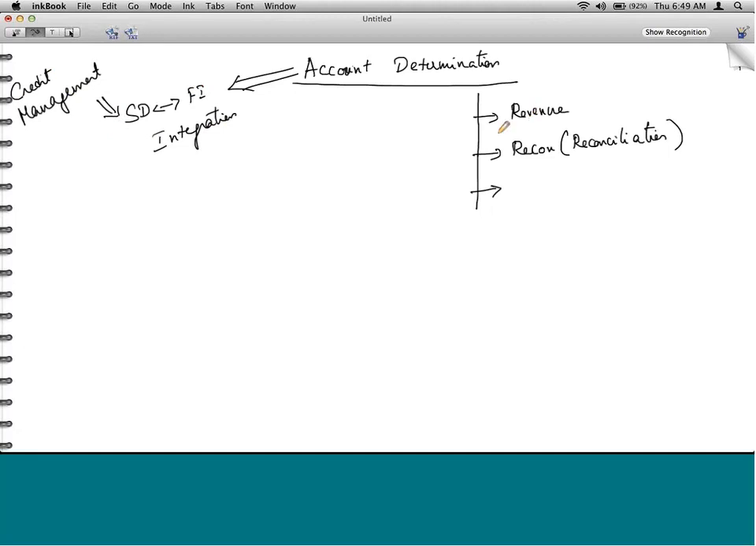Similarly, account determination is mostly done by SD, but the actual accounts themselves are created by FICO and given to us. So they will say, use this for these revenue accounts, use this account for these recon accounts, and so on. But before we jump into the actual configuration of revenue recon,